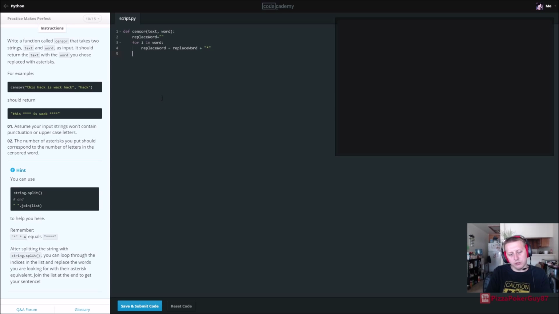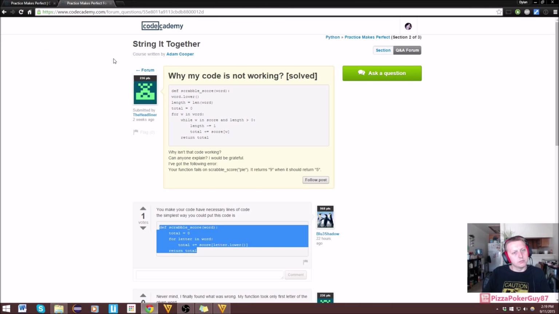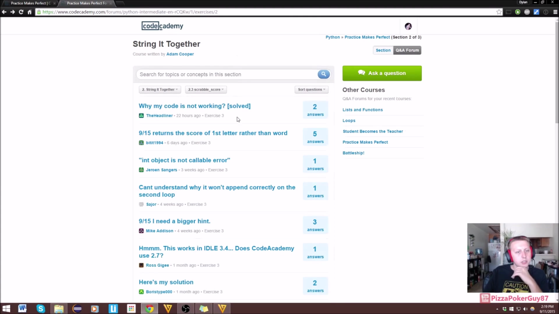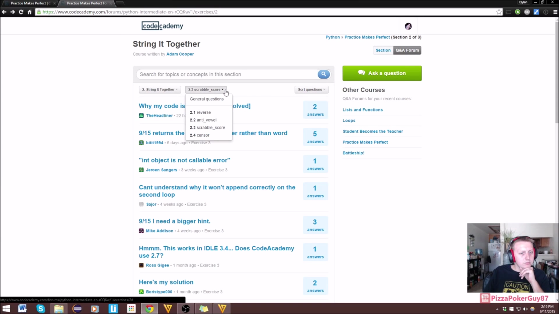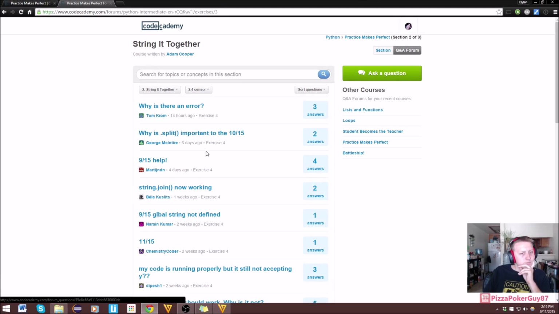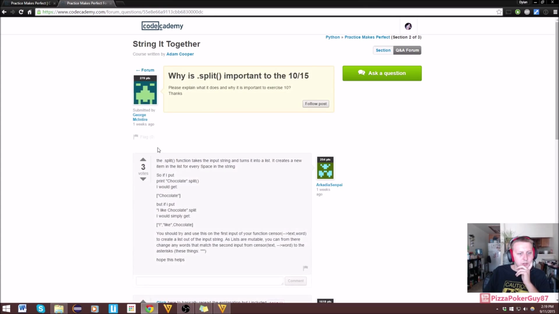I don't believe we've used string.split. Yeah, I'm with this guy. Please explain what this does and why it's important. Exercise 10. The split function takes the input string and turns it into a list. Creates a new item in the list for every space in the string. So print chocolate would get chocolate, but if I put I like chocolate dot split, I would simply get